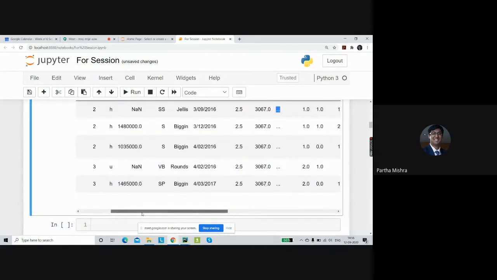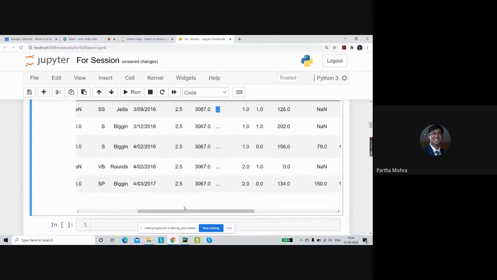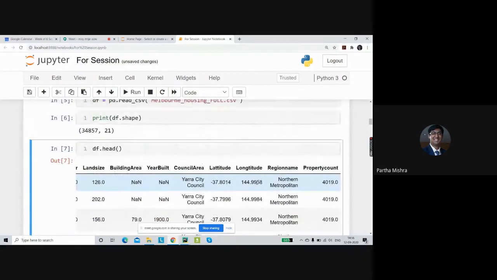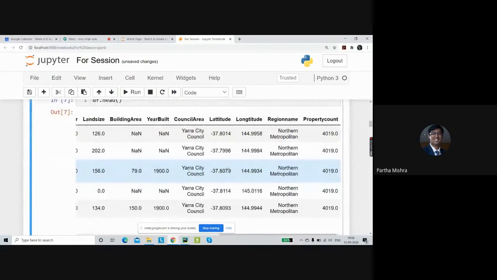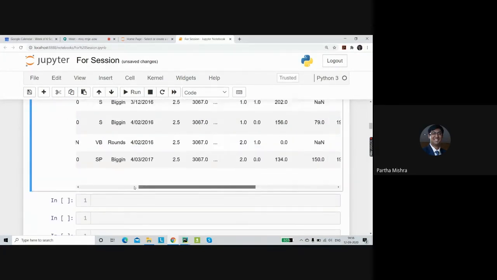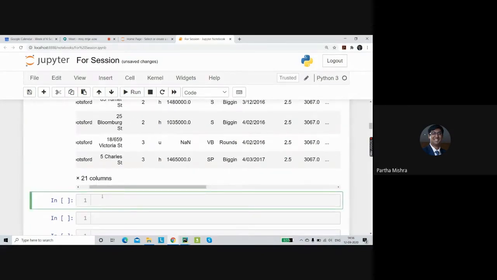You could see probably the first 5 or 6 and the last 5 or 6 columns. But what if we want to see the entire thing? I don't want it to think about trying to save memory and not show me those columns. I really want to look at all the 21 columns. For this, what we need to do is change the options. So here we can do pd dot set underscore option.